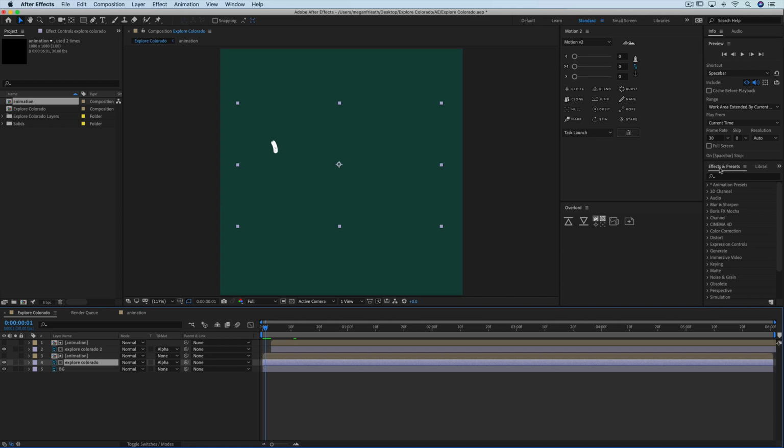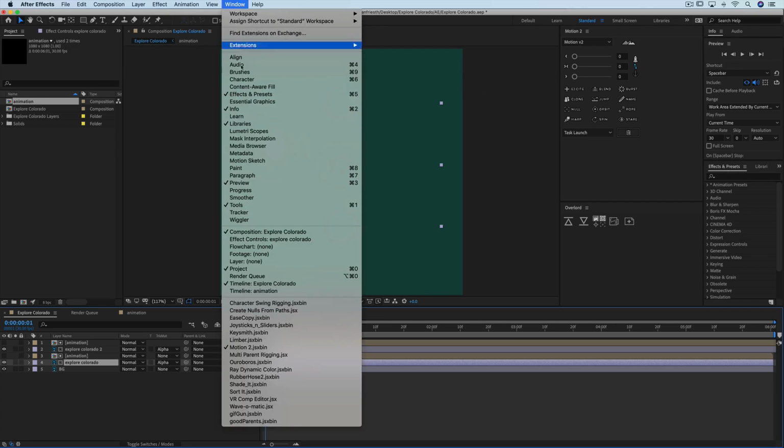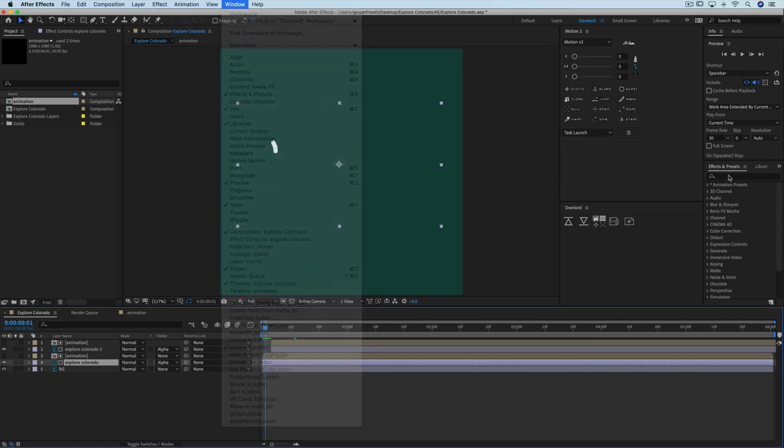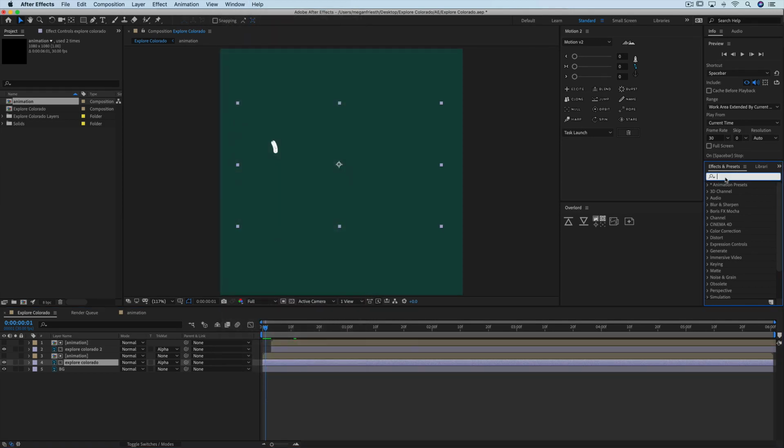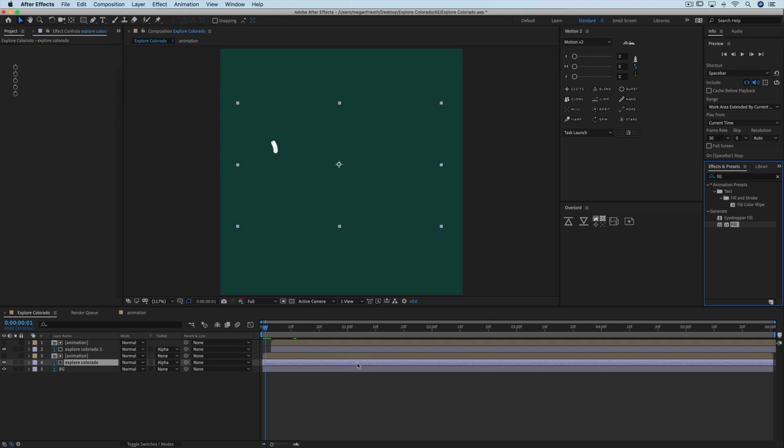I'm going to go over to my Effects and Presets panel, and if you don't see that, just go up to Window and make sure Effects and Presets is selected. And then in my Effects and Presets panel, I'm just going to type Fill. So basically just do a search for fill, and then you want this one, 32 fill, and just take this, drag it on top of your textured Photoshop layer, and now you can see that it's added a red color